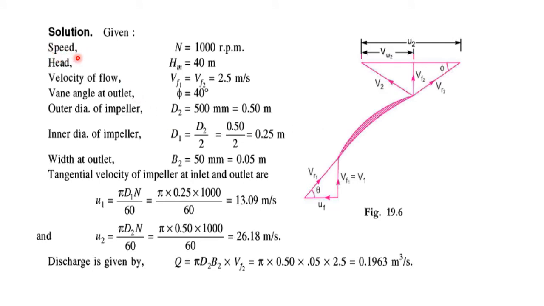That is, the following values are given. Speed N equals 1000 rpm. Manometric head Hm is 40 meters. Velocity of flow Vf1 equals Vf2 equals 2.5 meters per second. Vane angle at outlet phi equals 40 degrees. Diameter at outlet of impeller D2 is equal to 500 mm. Inner diameter of impeller is half of the outer diameter, that is 0.5 upon 2, 0.25 meters. Width at outlet b2 is